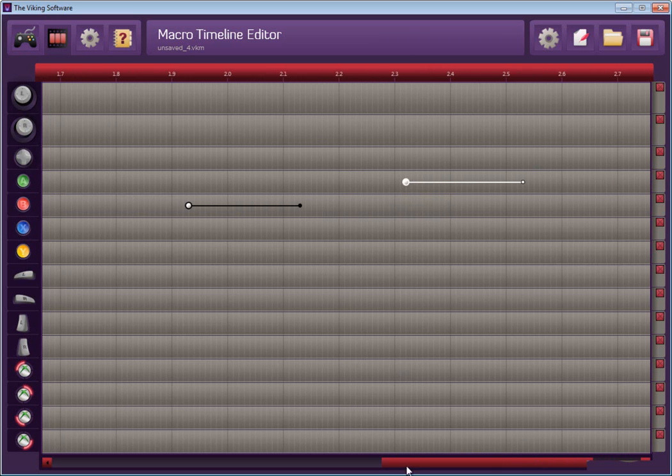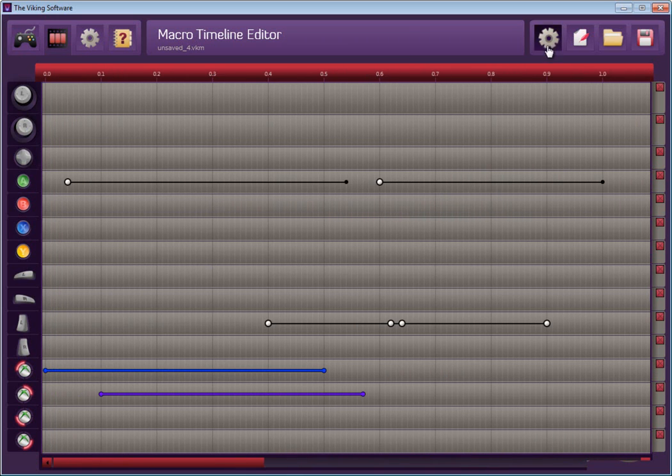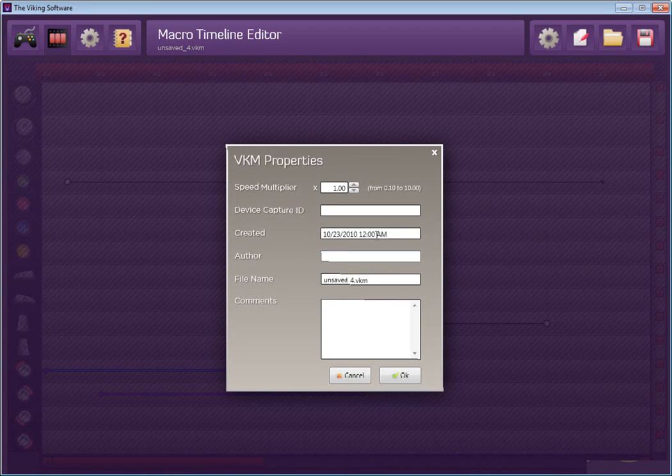And we've got one more feature to talk about with the macro timeline editor, and that is this gray gear in the upper right hand corner. Device capture ID. If you were recording a macro, that's going to fill in with some information about your gamepad, the date you created it, your name, possibly the file name you'd like to use, some comments. But the most important box to pay attention to is the speed multiplier. By default, it's going to start at 1.0. What this is just telling your controller is how fast do I want to play back that macro. At a speed of 1.0,